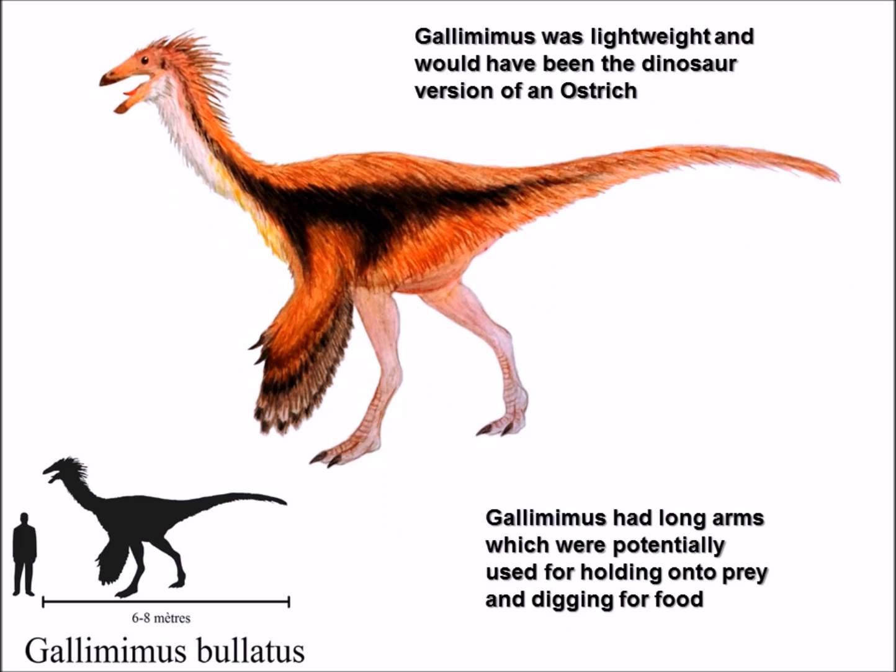Okay, firstly, this shows what I believe to be a very accurate representation of what Gallimimus possibly looked like. And I actually believe a lot more theropod dinosaurs and a lot more dinosaur books in the future, or information on the internet, are going to feature dinosaurs with feathers. We already know that many different species of theropod are feathered, and there's more evidence coming out, and it's seeming to be quite conclusive that